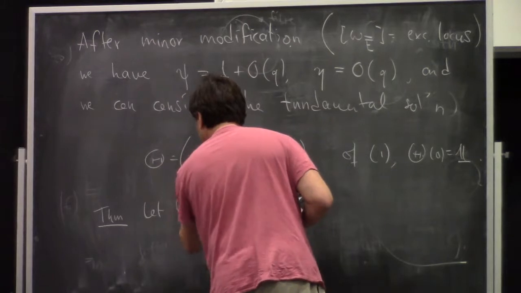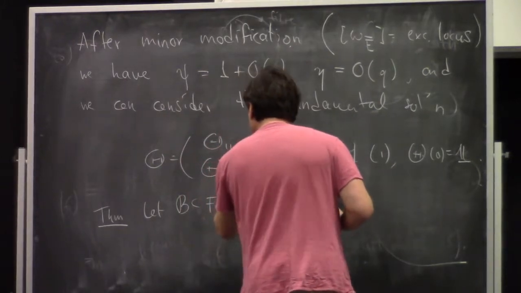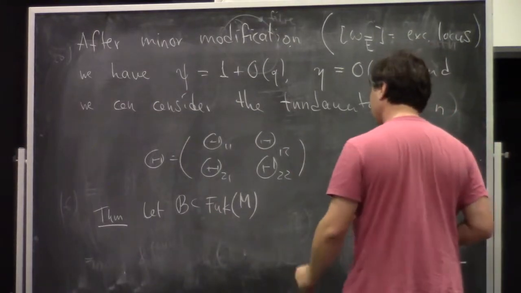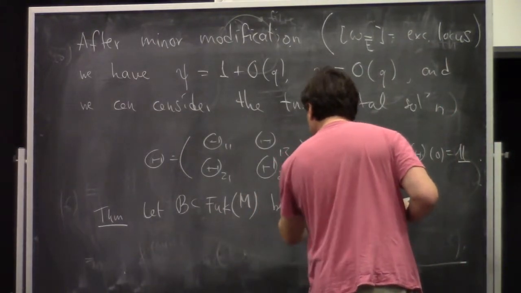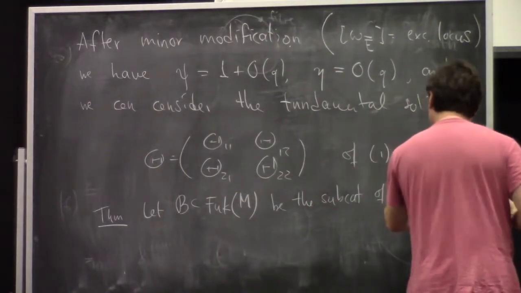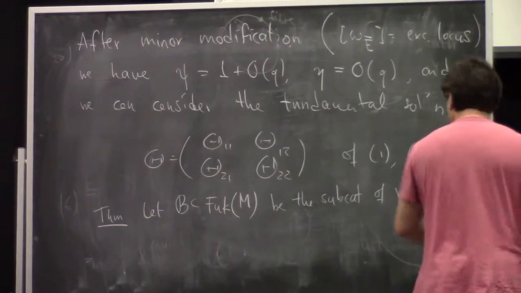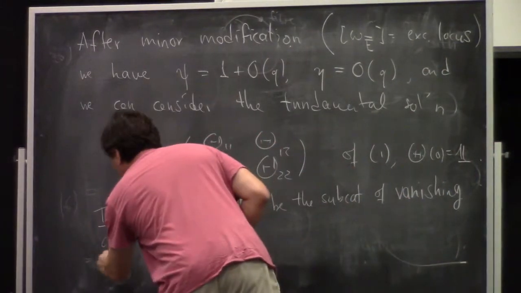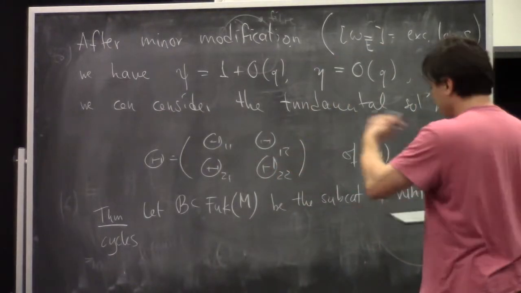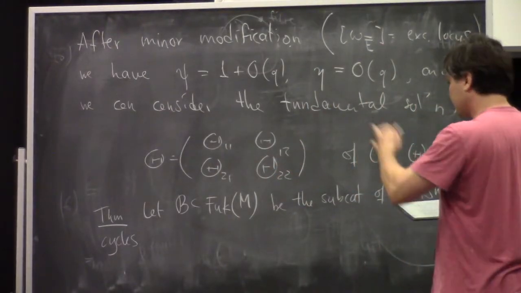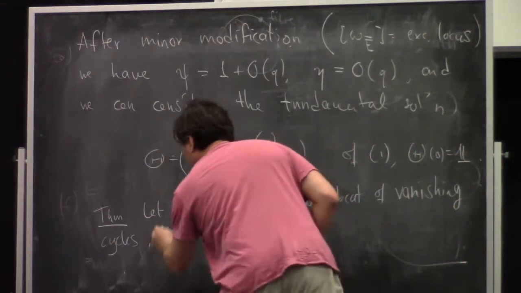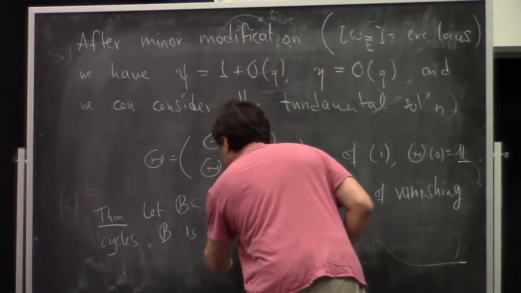So let B be, inside. Now I'm looking at the geometry of the fiber. There are no interesting Gromov-Witten invariants of the fiber, but I can look at the Fukaya category, the subcategory of vanishing cycles. So we have this pencil of elliptic curves, and it has vanishing cycles, which are circles. We consider the full subcategory of this. So then B is defined over,